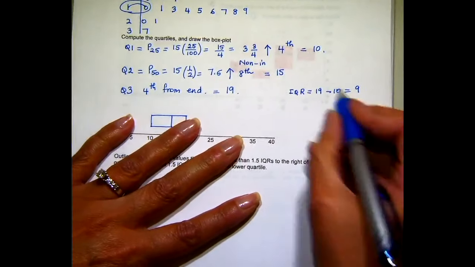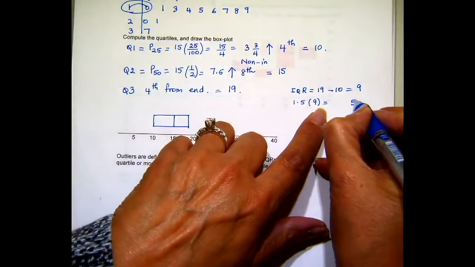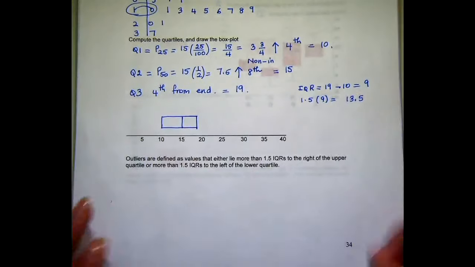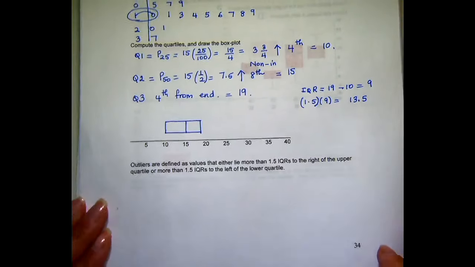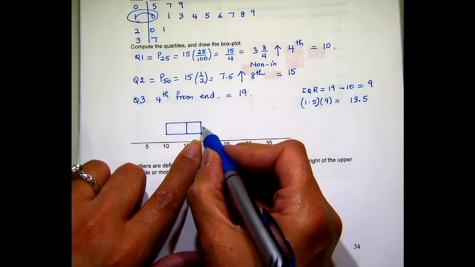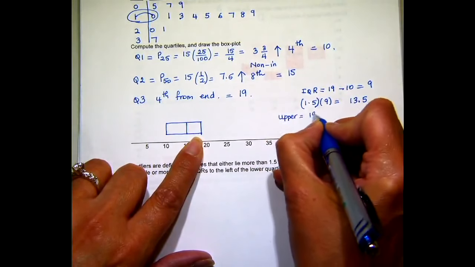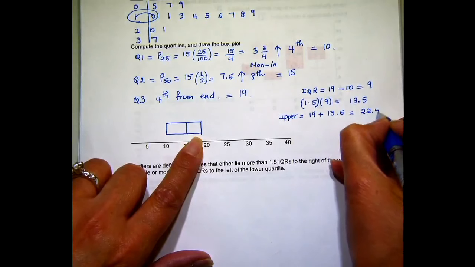And 1.5 times 9 is 13.5. So 13.5 to the right of 19. So the upper fence is 19 plus 13.5,